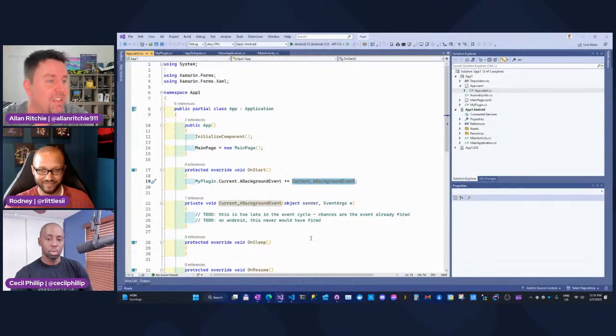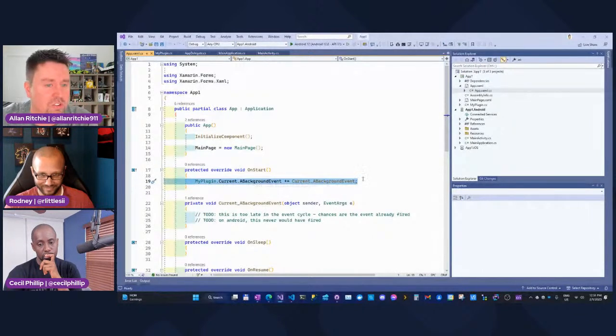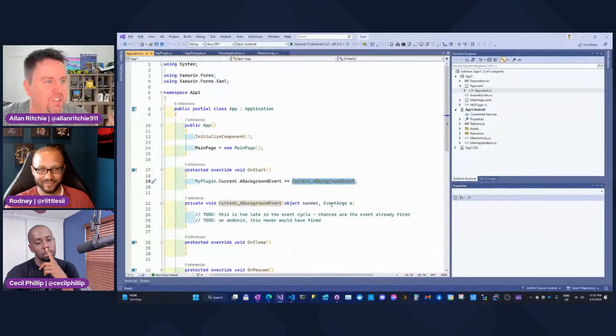The problem is that doesn't happen. This will kind of work on iOS, but on Android, the UI platforms never initialize, so this event never gets hooked. And if it does get hooked, it's way too late. This has already fired and you've missed it because you registered it way too late. This was a problem I continuously had when I was doing plugin development.